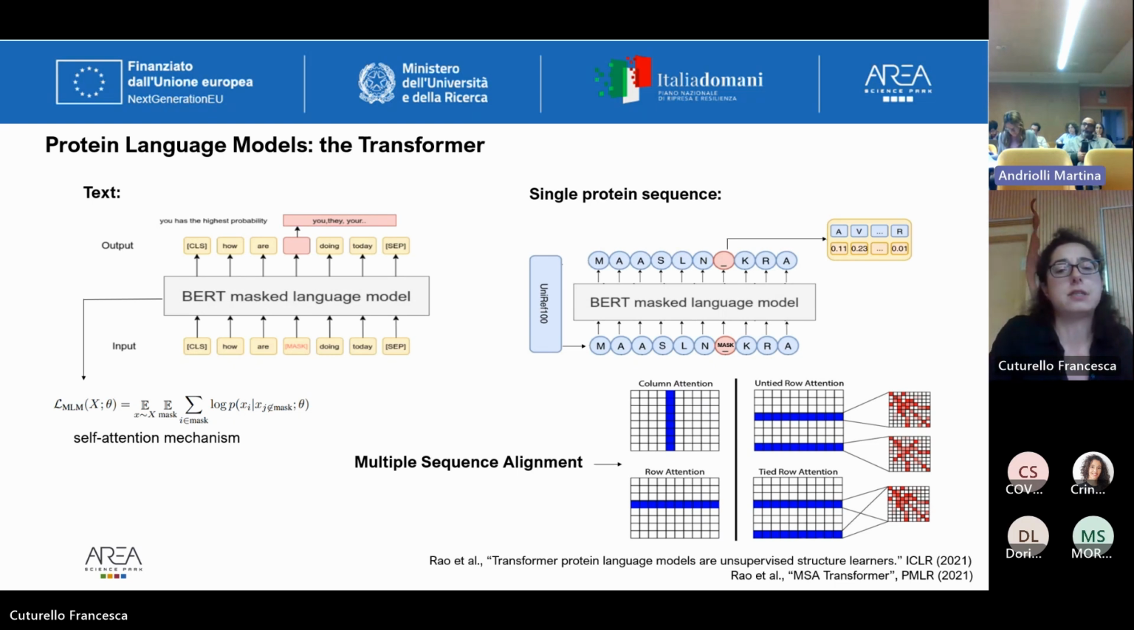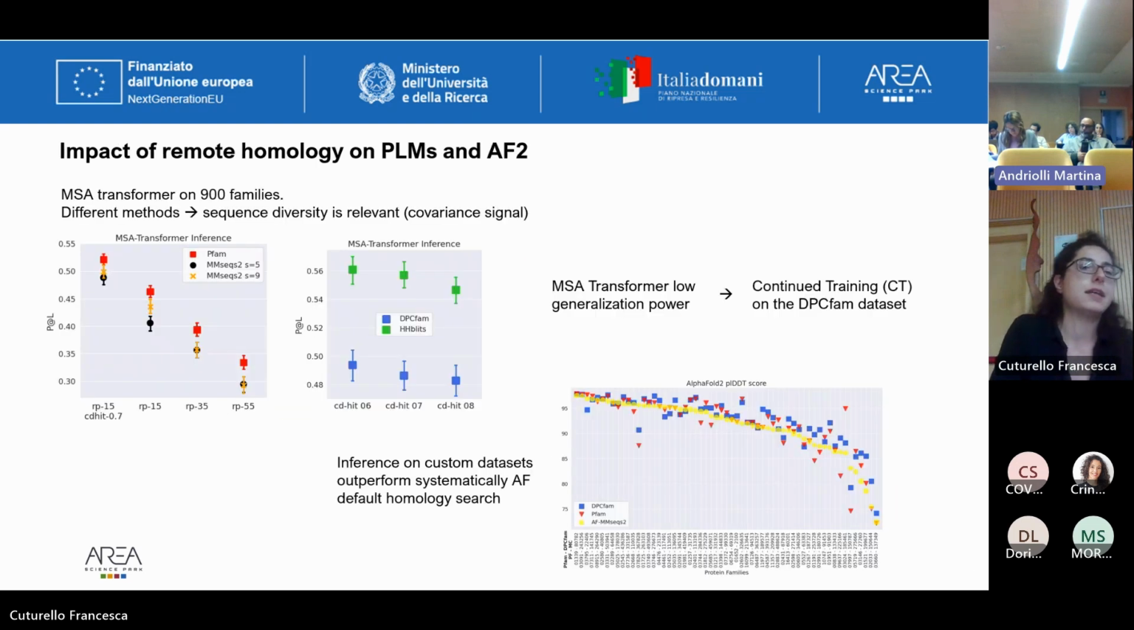And we were really interested in this model at the beginning, and so we started studying the impact of the different multiple sequence alignments in many senses. So we looked at the level of similarity of the sequences in the alignments. We looked at different strategies to detect homology. So basically we compared PFAM with the DPCFAM strategy, and